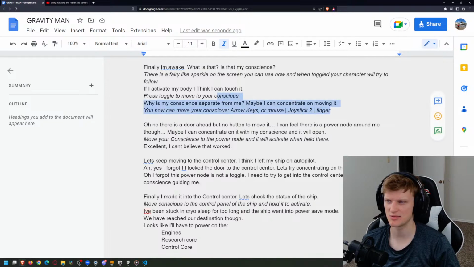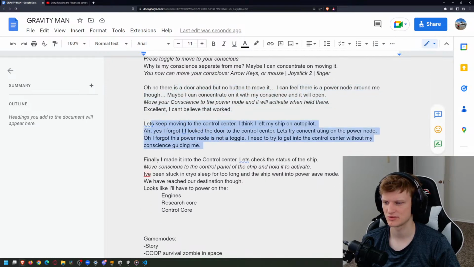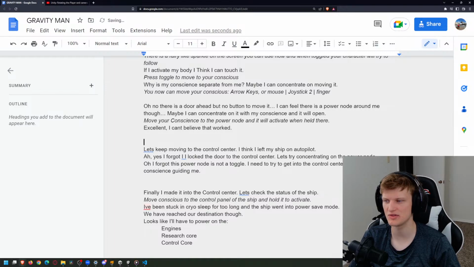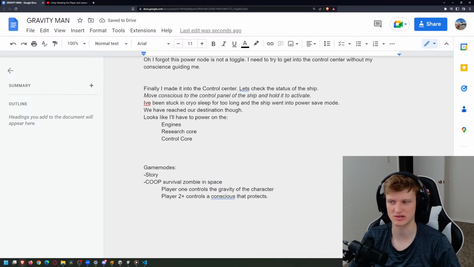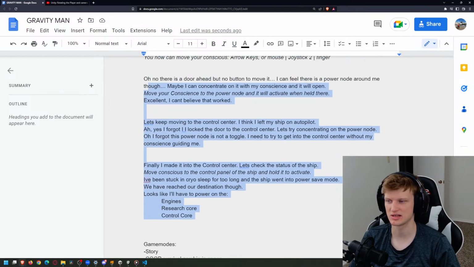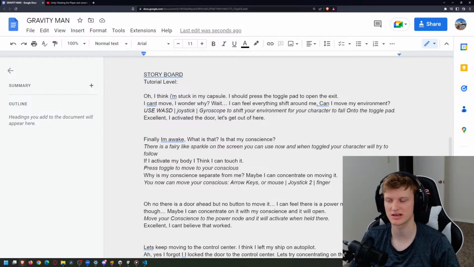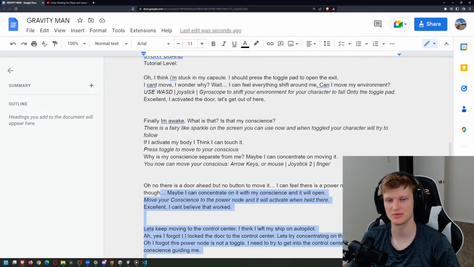Okay, so this is mechanic 2. This is mechanic 3, 4, and then 5. So there's 5 mechanics that we eventually have to get down. Once we have all of these mechanics, it should be as simple as we just make levels at that point. So that's kind of what I was thinking, is just get these mechanics down, and then we're set basically. Once we have all 5 of these mechanics, as well as the art assets to make the game look decent,